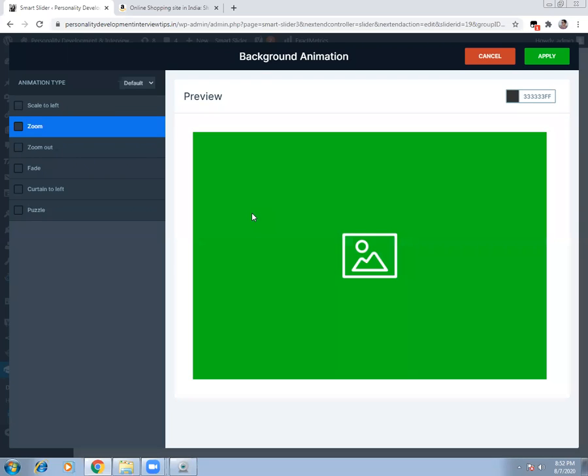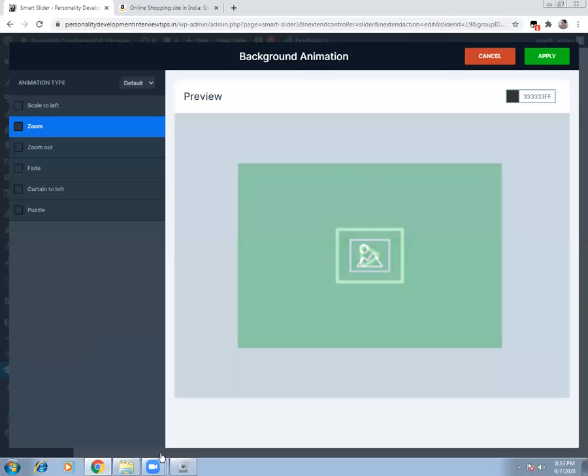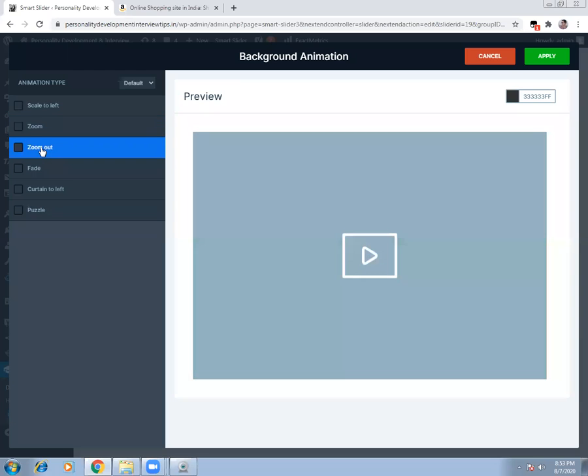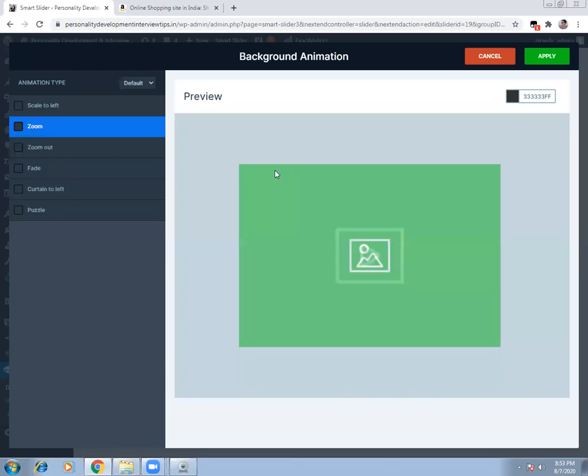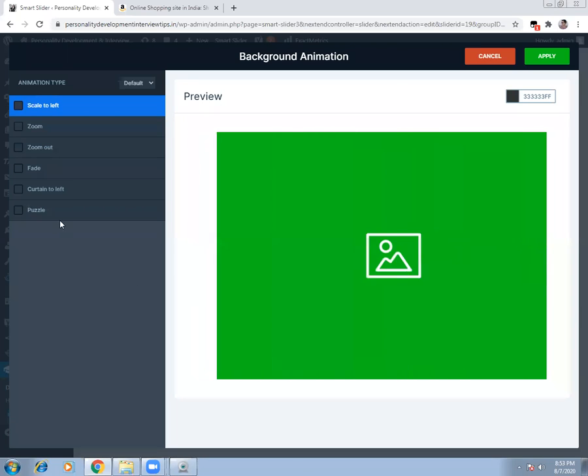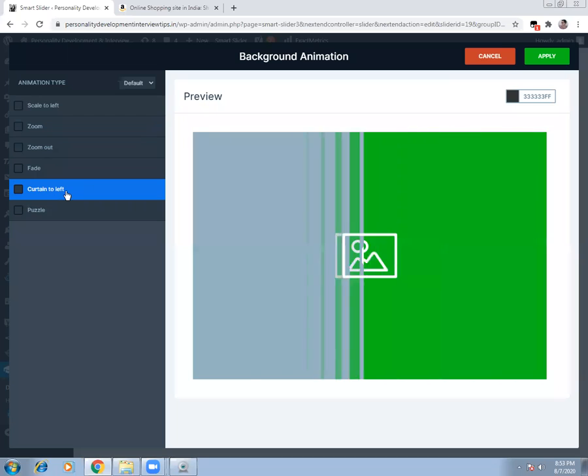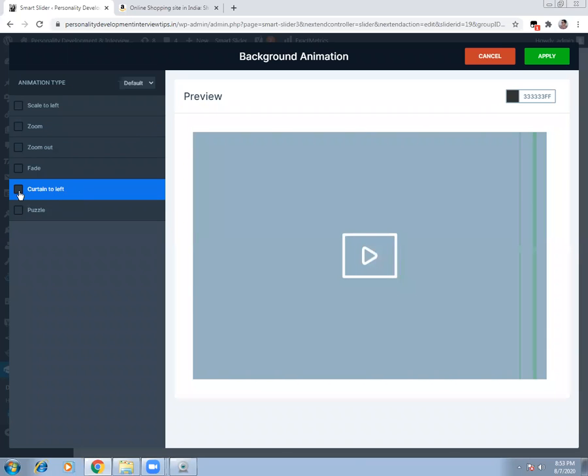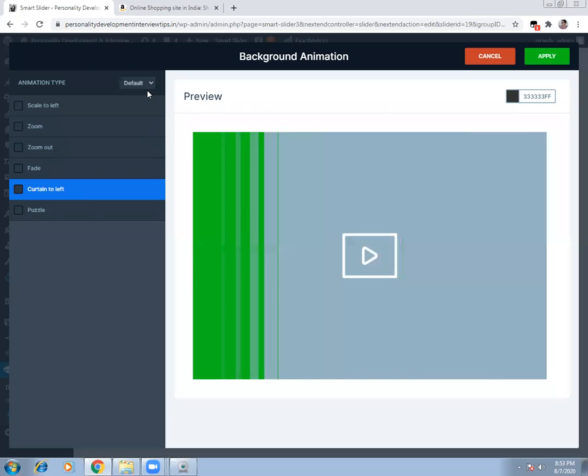If you are looking for animations, see, these are the animations. For example, you have seen I've kept the zoom in, so the picture is zooming in, and if you want to make it a zoom out, you can simply take it, it's a different way. One of my slides was zooming in because I kept the zoom in option on the affiliate marketing page. However, on the footer part, I have given scale from left. So when people are clicking, it automatically comes from left to right. Similarly, you can say curtain to left. So you can see the difference. Whichever ones you select here will be selected as the default option.